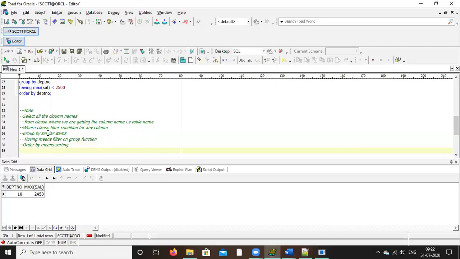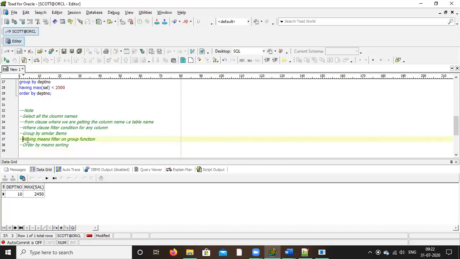That's why this is the best practice when you are writing a query. That's why I'm telling you to always write on the next line. Select always comes first. This order should not change. When you are writing a query, first select will come, then from, then where, then group by, then having, then order by. You cannot write order by above where, or group by below having.